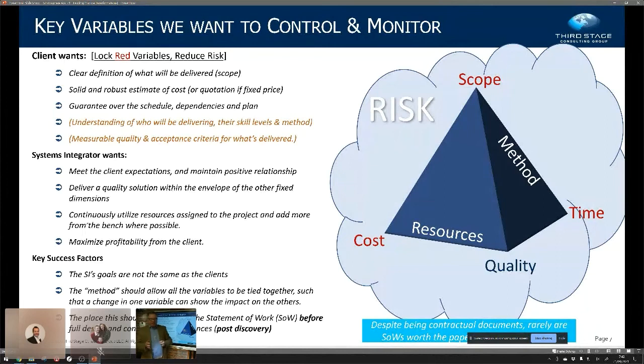The problem is the systems integrator doesn't want that. What it wants is to meet the client expectations and to maintain the relationship. Yes, it does. But it's a mistake to think that any vendor or any systems integrator cares that much about the quality or the acceptance or the positive relationship that they would compromise the profitability and the margin.